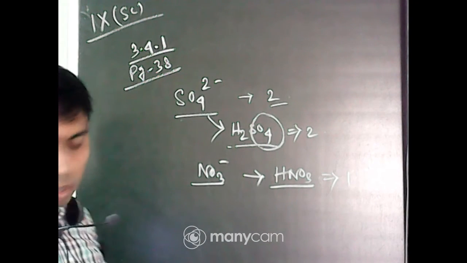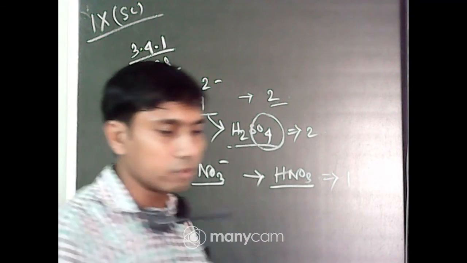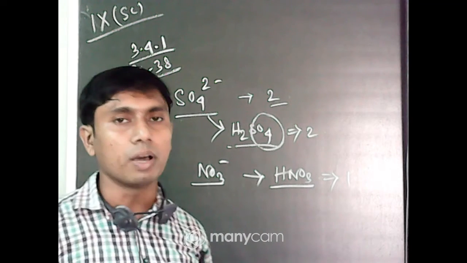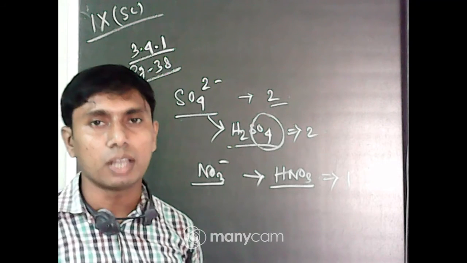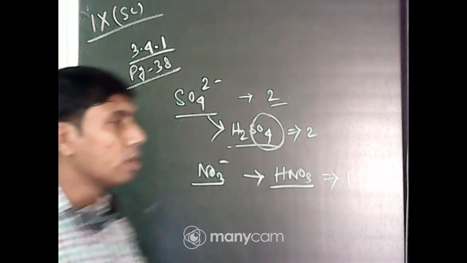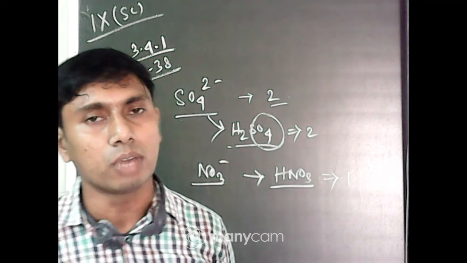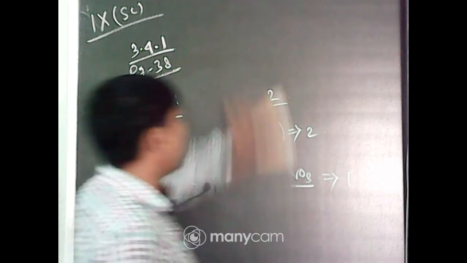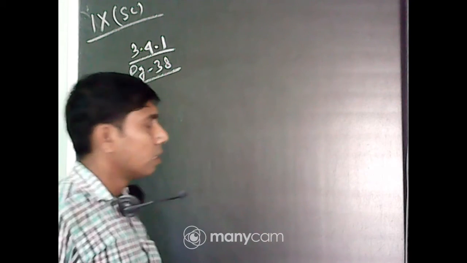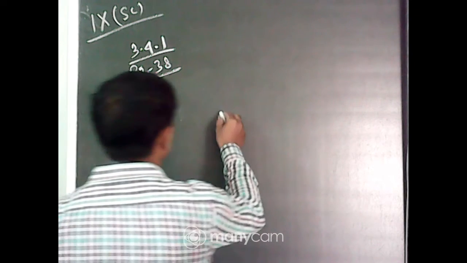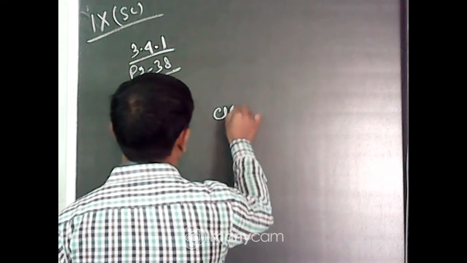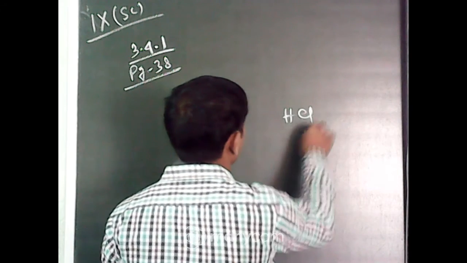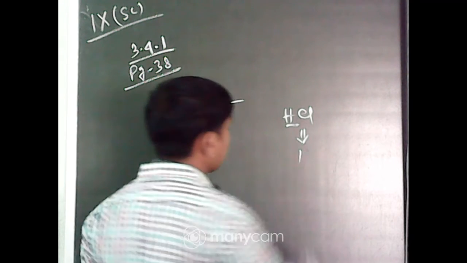This is also another technique: when we define the valency, it is how many hydrogen atoms can combine with that species, and also chlorine atoms, and twice the number of oxygen atoms. This is also the definition of valency, and you can use it for detecting the valency if you have any confusion regarding the valency of that radical anion. In the same way, for chloride, just think of one compound, HCl. Here there is one hydrogen atom, so its valency is 1.